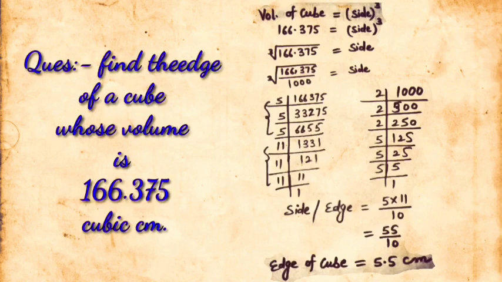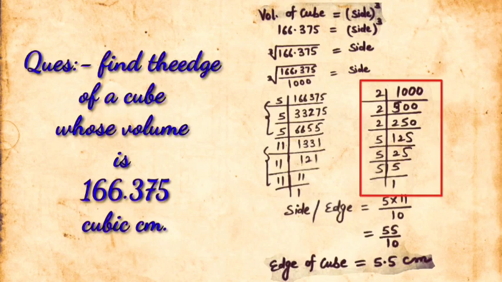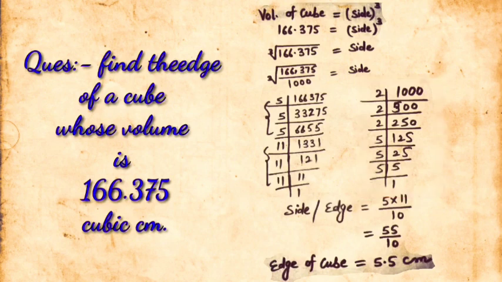On the other hand, we have to go for the prime factorization of 1000. First it will go on 2, 500, then again 2, 250. 250 will be divisible by 2, 125. Again it will go on 5, 25. 25 will be divisible by 5. The last factor will be 5. So just make the factors a triplet of 2 and a triplet of 5.